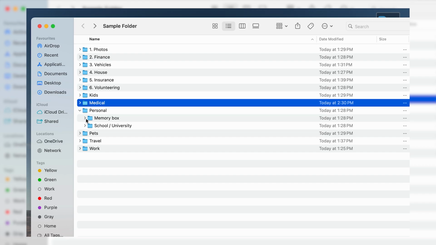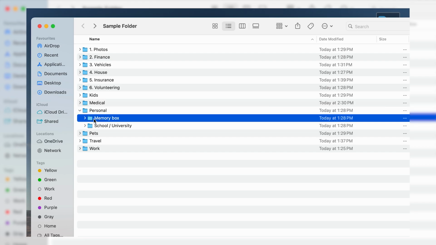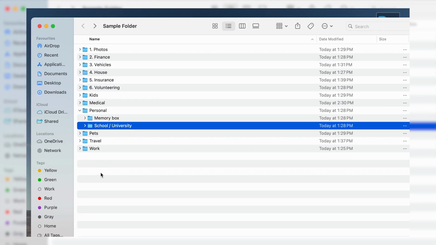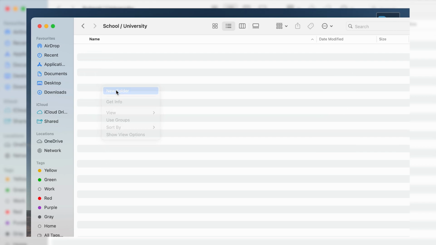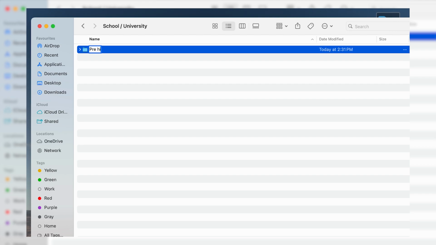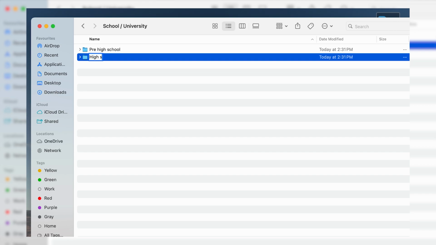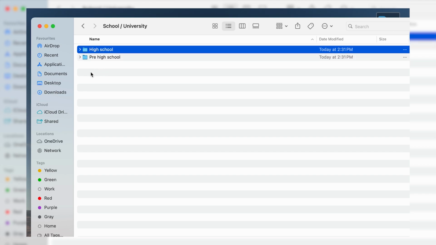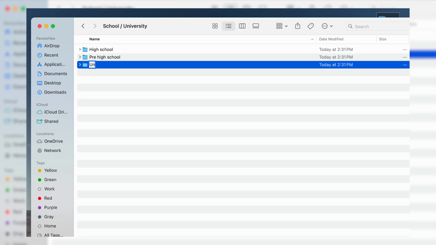So personal can be kind of your own memory box. We talked about kids just a moment ago, but things like having certain years or categories. You may want to keep your documentation from when you went to school or when you went to university. For me personally, I have pre-high school, because I don't have a lot of things from that period that I have digitized. And then I have my high school stuff, so essays and things like that, and then I have one for